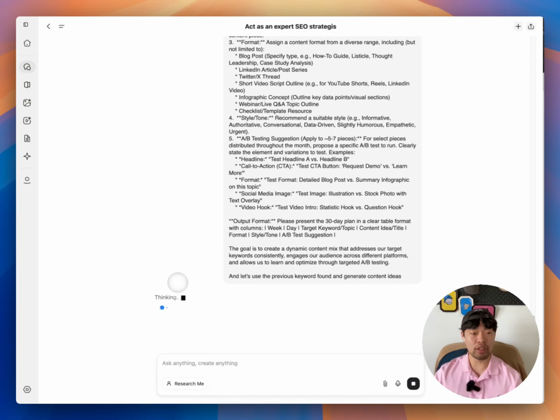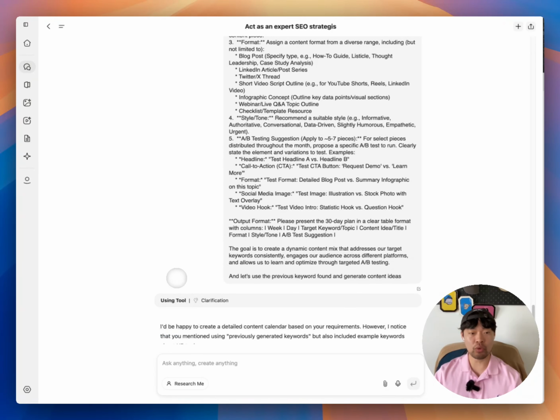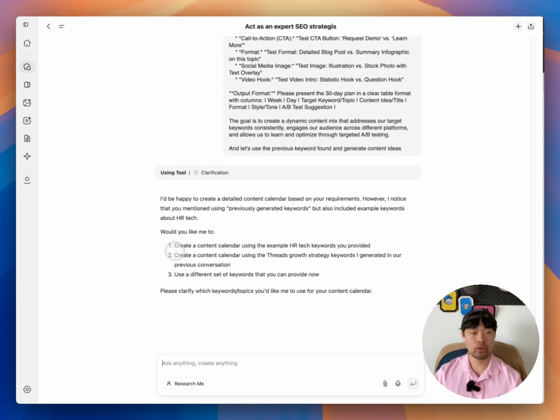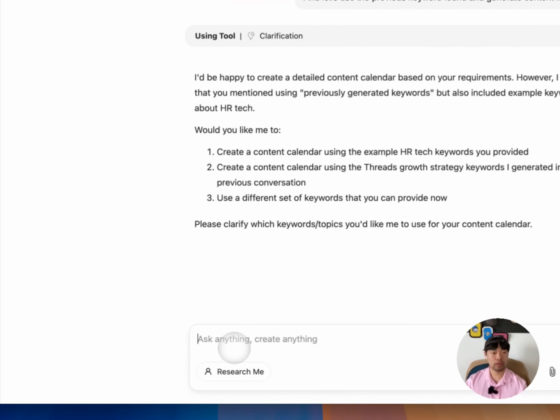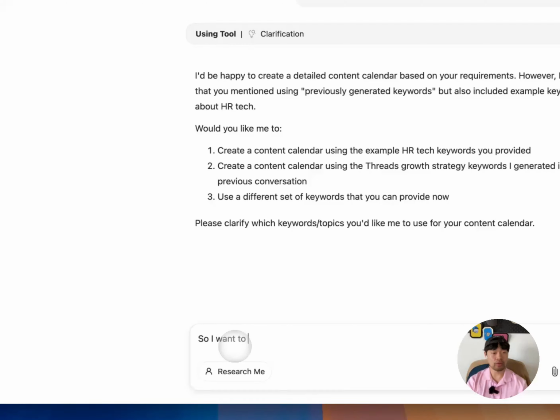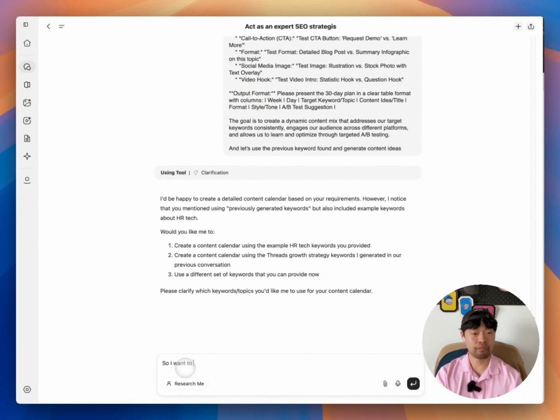My expectation was the agent asking me further questions to clarify. I want the keywords being used in Threads, or Threads growth system or strategy, from the previous step.